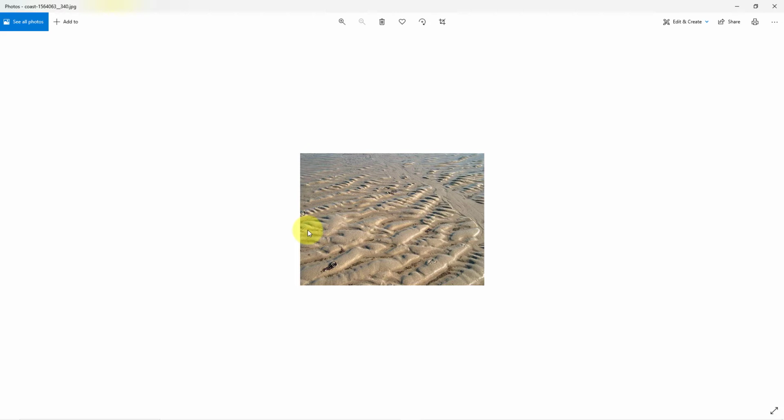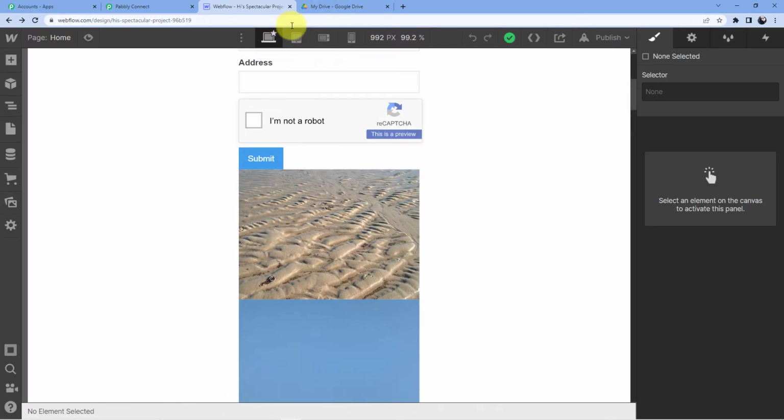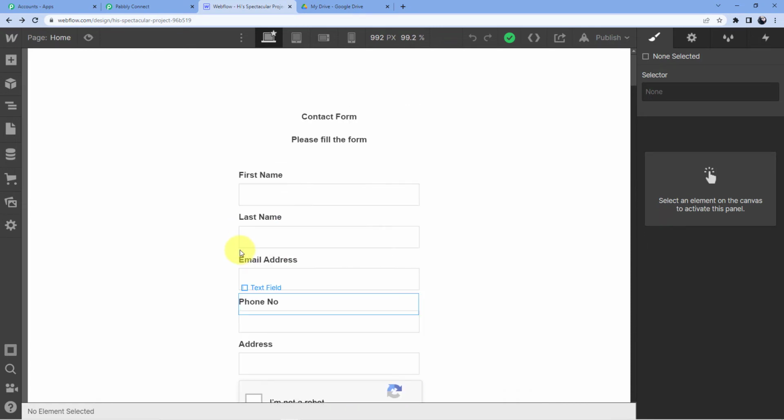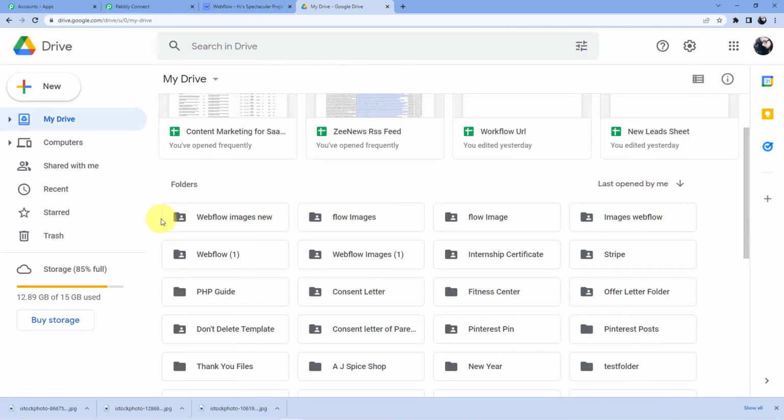Now what we are going to do is upload another folder where we are going to have 3 more images. I am just going to create that folder now, and those 3 images will directly be uploaded to our Webflow account, and you will have about 3 images here. So let me just make another folder. So now I have created one more folder here.